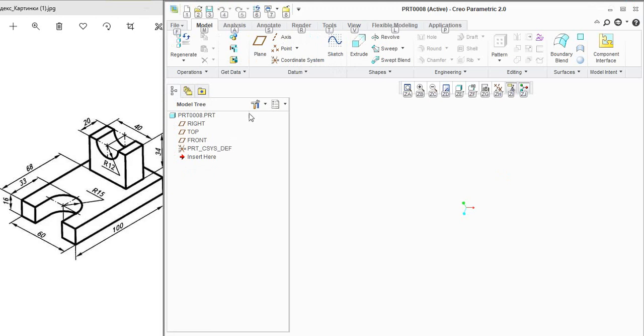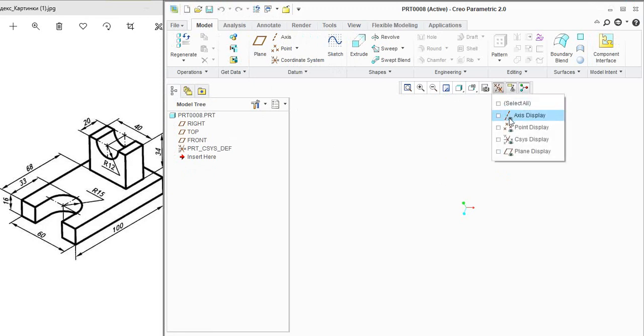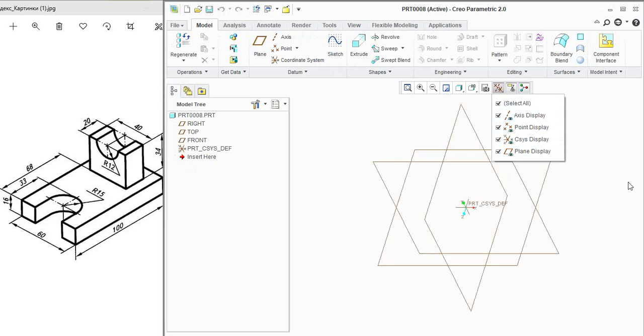Once you open the part modeling window, this is the window that appears in front of you. Here you have axis, point, planes. We will select all of these. Here are three types of planes: right plane, top plane, and front plane. These are the shapes for making a 3D part model, and these are the tools to modify our 3D part model. We can make a hole, a round, a chamfer like this.